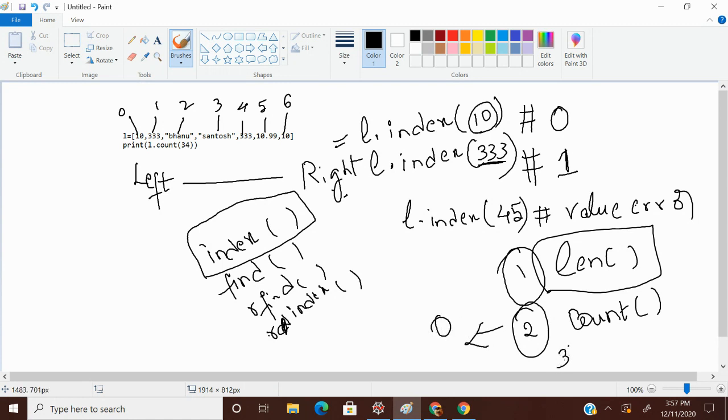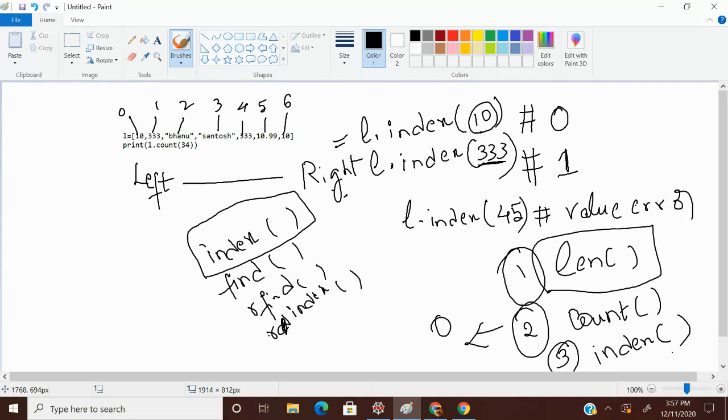And the third method we discussed today in this video is index. The index function always searches for the element from left to right. It returns the first occurrence index position.